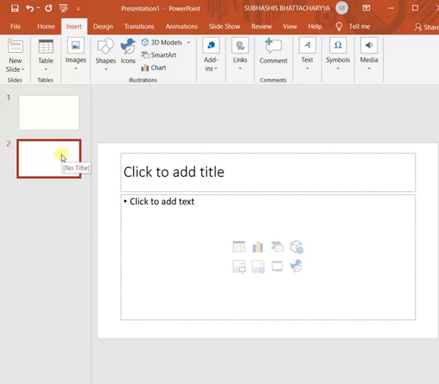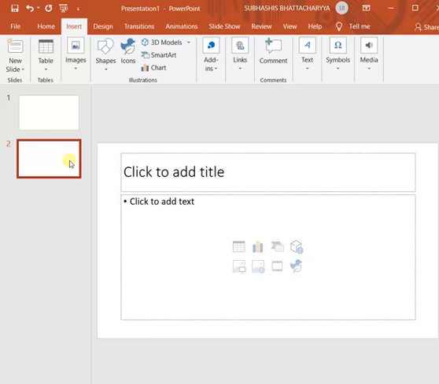As it is a blank presentation, it follows a blank style. Now there is a second method to insert a slide. Again go to insert and new slide. You see, if you place your mouse over here, it will show you that it has a shortcut key also, that is Ctrl plus M. So without going to insert and new slide, we can directly insert a new slide by using our keyboard.